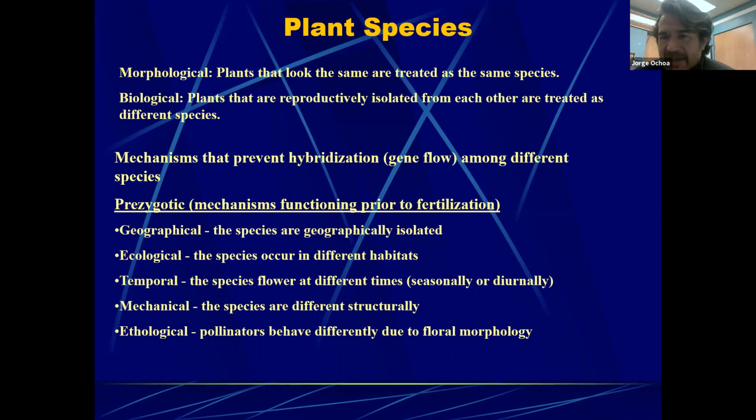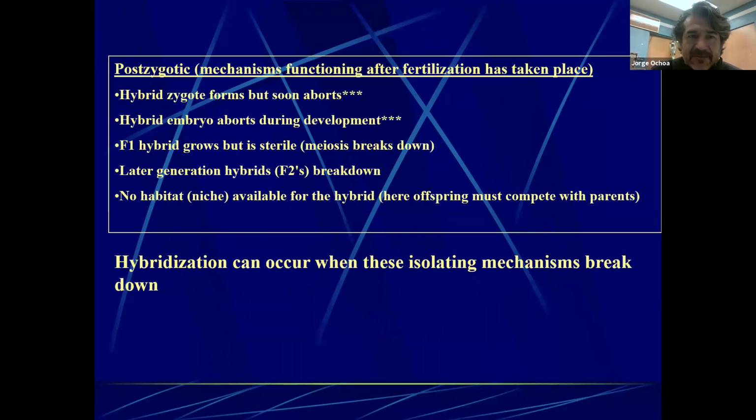And then there's going to be mechanical, where petals will prevent this from happening, or just barriers from the plant. And or ethological pollination. It has to be the right pollinator, whether it be a hummingbird, whether it be a bee, whether it be a bat. And if something were to happen, then we know that the pollen is not going to cross or move, and it's not going to bring about pollination or fertilization.